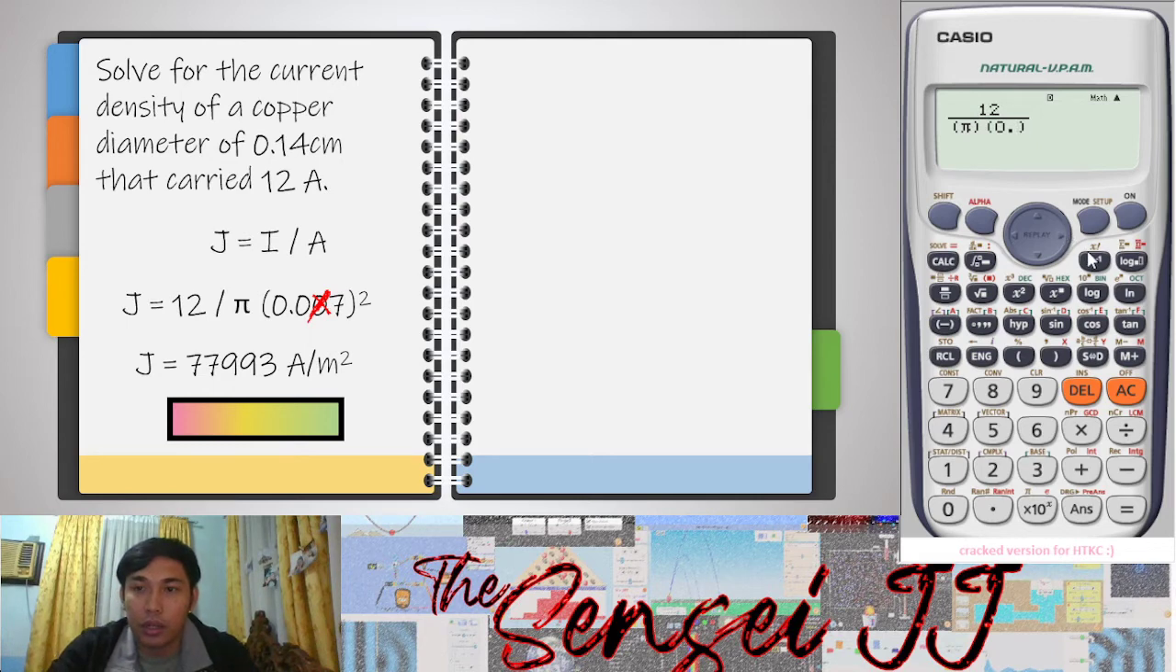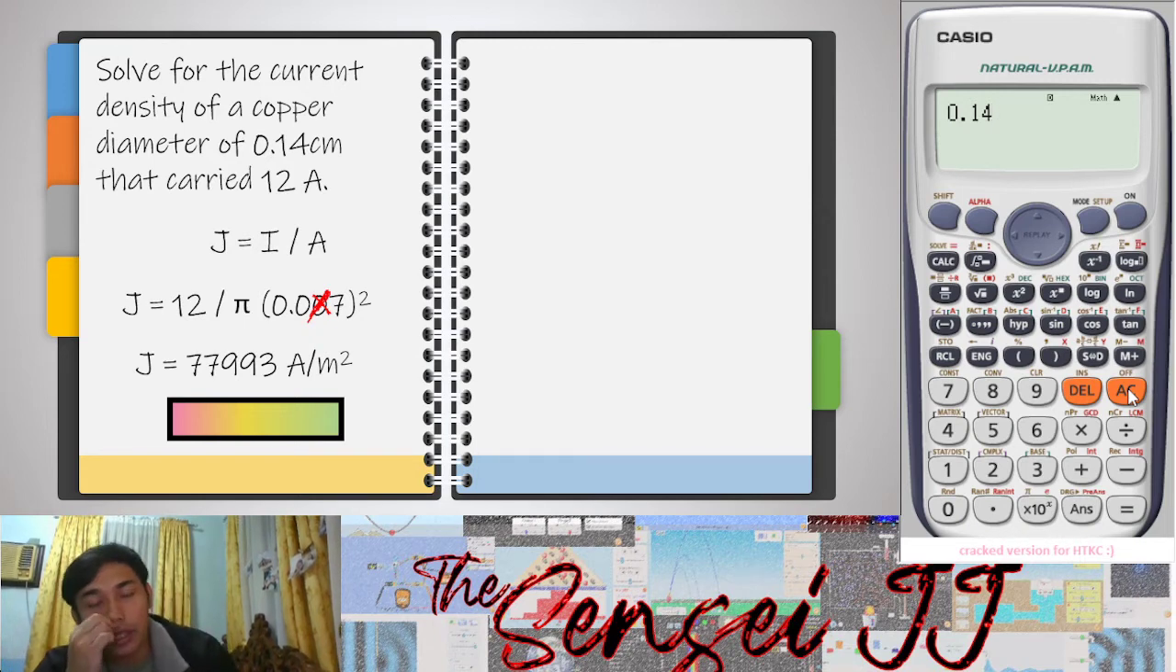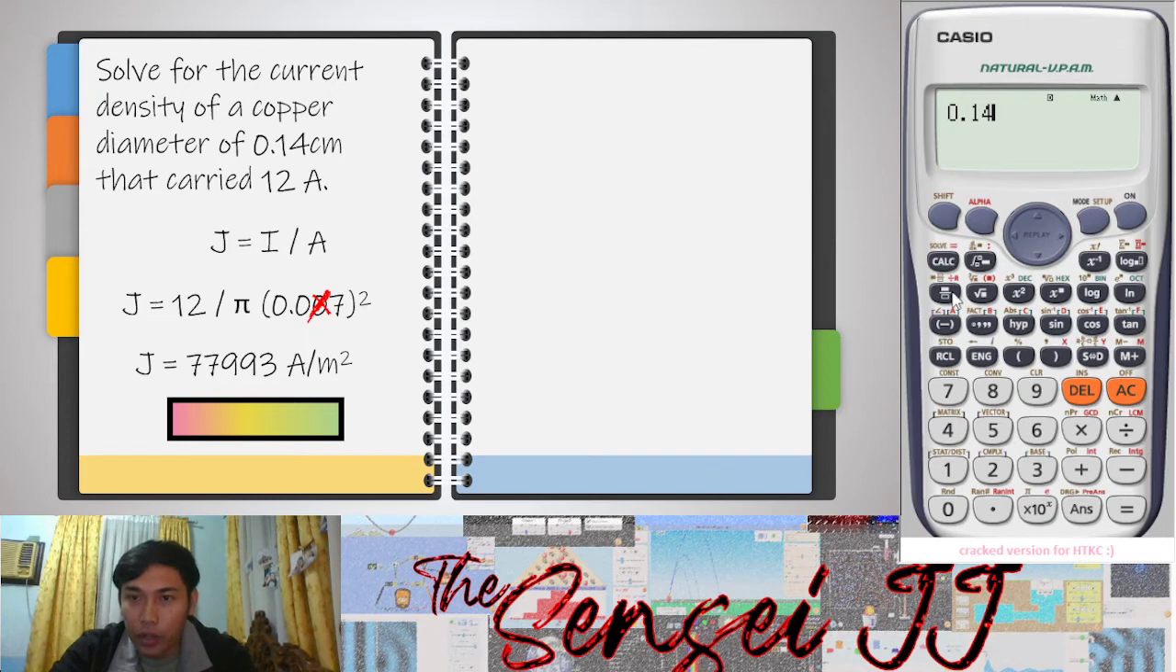So let's try to delete this first. So we have here 0.14, and we are going to convert this into meters. Okay, so into meters. So we have to convert this one, multiply. So we have here 1 meter all over 100 centimeters. Okay, so we will be having an answer of,